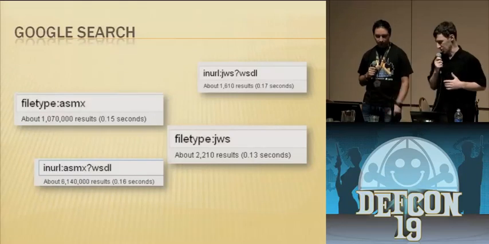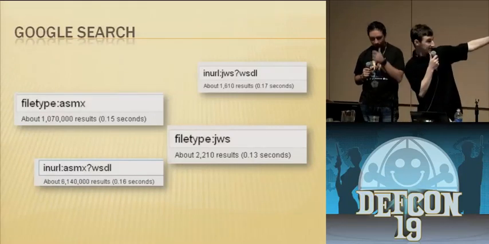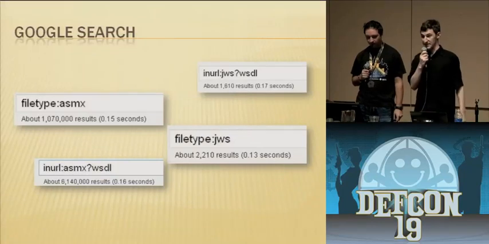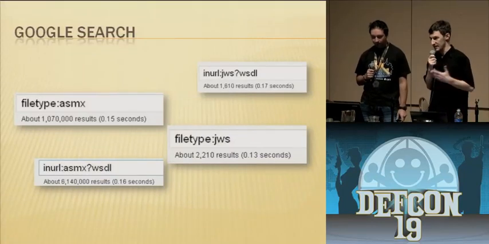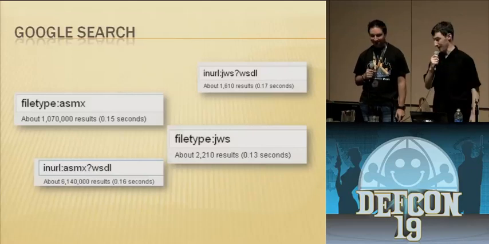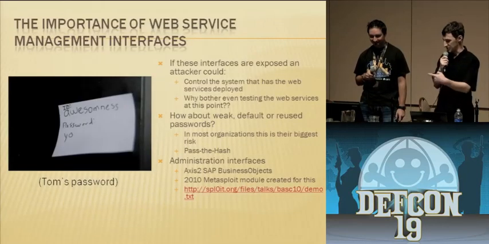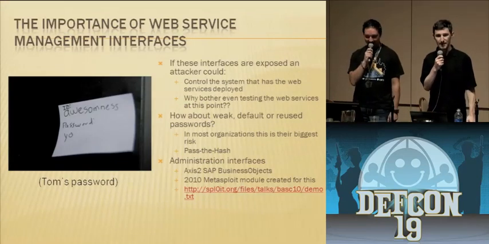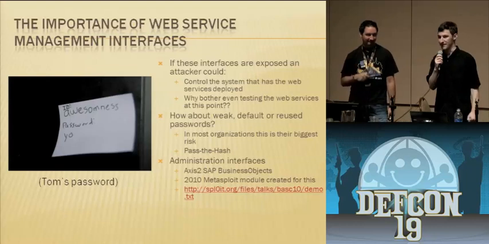Okay, so here are some of the results. We just did a quick Google search. Take a look at this. This is right now on the internet. This is pretty much what we found. So it's definitely out there. And if, as an industry, we're not really good at pen testing it, it's pretty much like, all right, well, there's some risk there. So here's Tom's password, because one of the things that we've basically seen in the industry